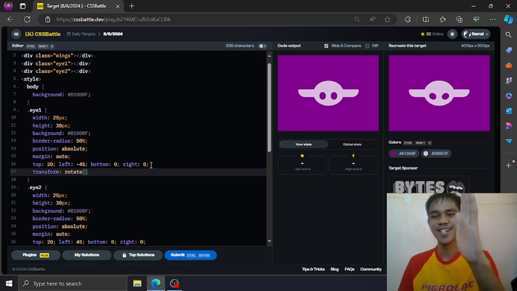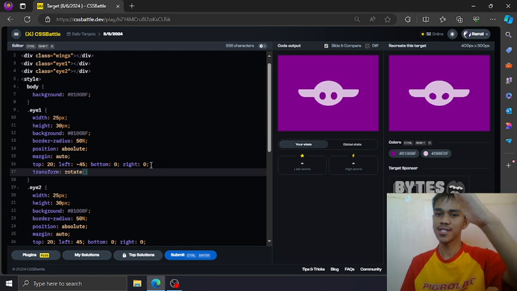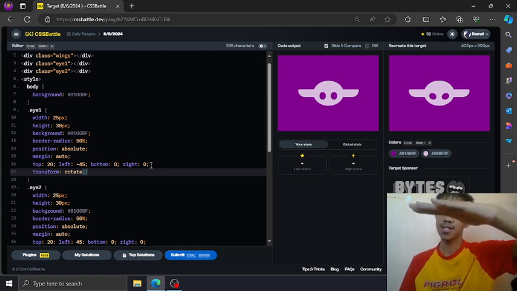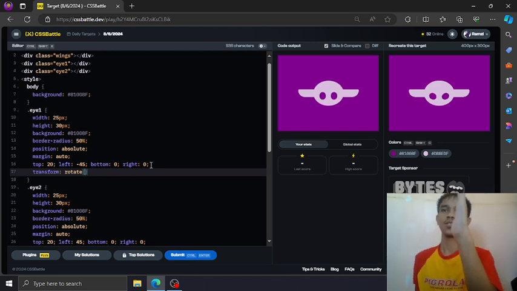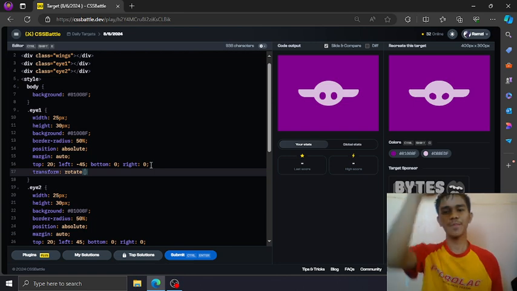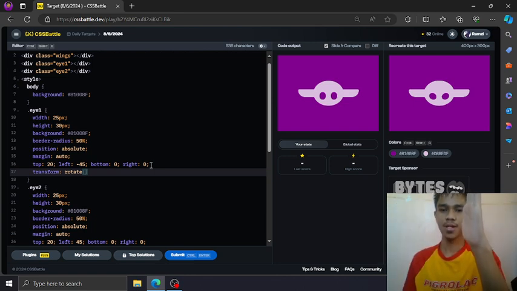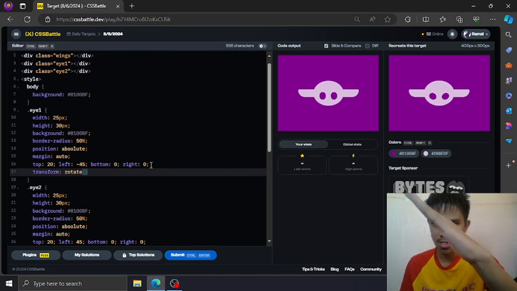I can't name it. Basta, this is the original. If you rotate this 45 degrees, it looks something like this. 90 degrees. Then 180 degrees. Yeah, 180, upside down.